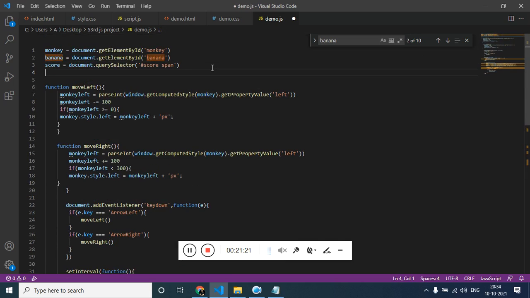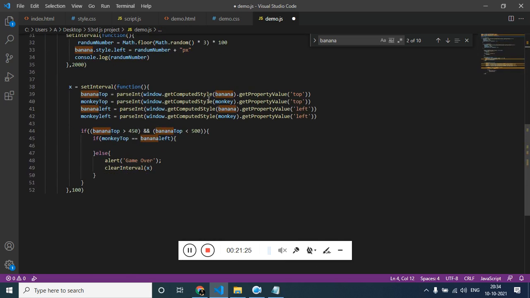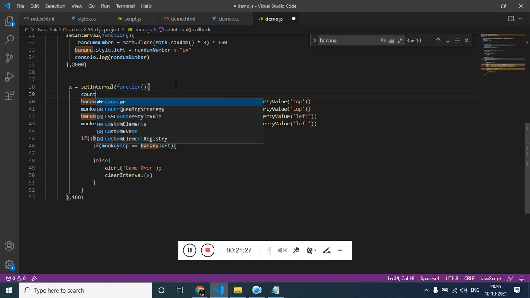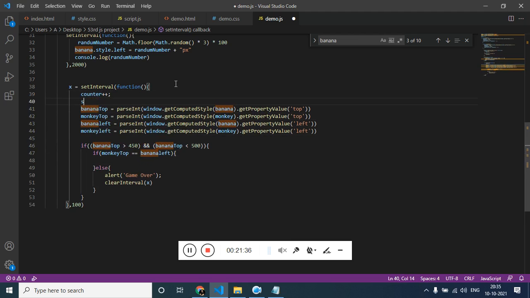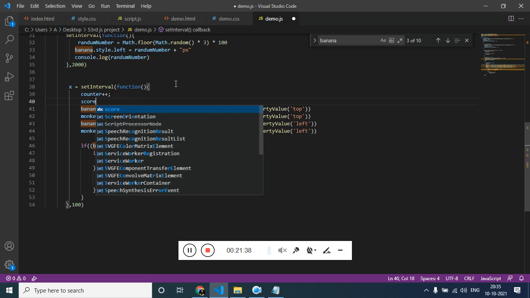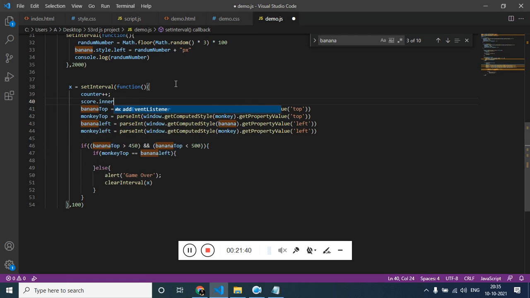Let's add the counter variable. On page load it should be 0. On every interval it should increment by 1, and then I have to get the span element and pass the hardcode value inside it.